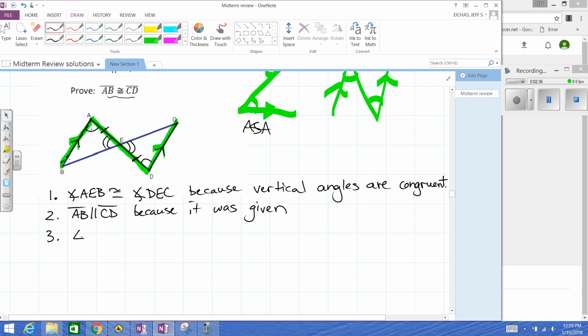Now the conclusion is angle A is congruent to angle D. I don't need a three-letter path because that's the only angle at A and D. So some of us use the alternate interior angles theorem. You know what? I'll just explain it in case some other folks are looking at it. I'll say because alternate interior angles are congruent